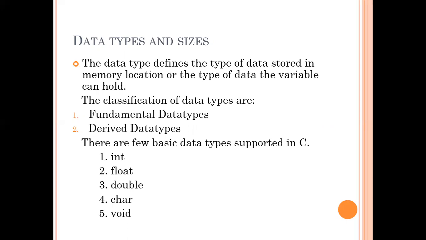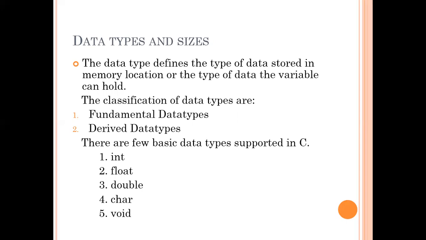Keywords we have discussed, identifiers we have discussed, constants we have discussed, strings, special symbols, operators. There are 6 tokens. A token is the smallest individual unit. There are 6 tokens we have talked about: keywords, identifiers, constants, strings, special symbols, operators. Operators I am going to discuss probably in the next class. A detailed explanation of the different operators available will be discussed in the next class because it's a huge set. Otherwise all the remaining concepts have been discussed.